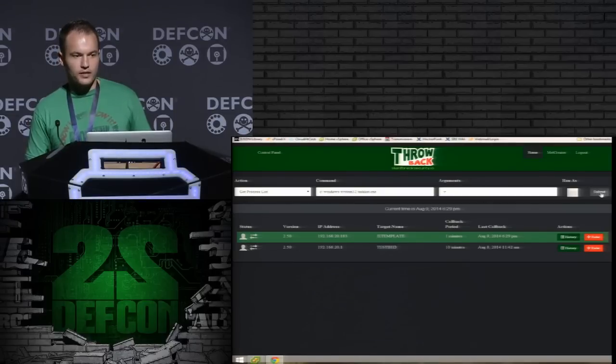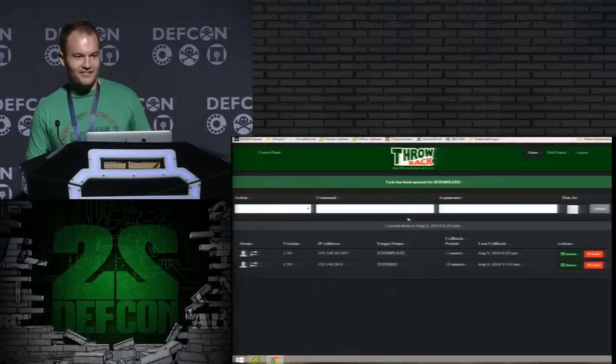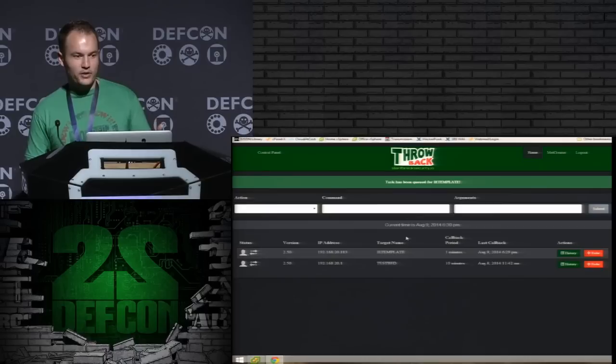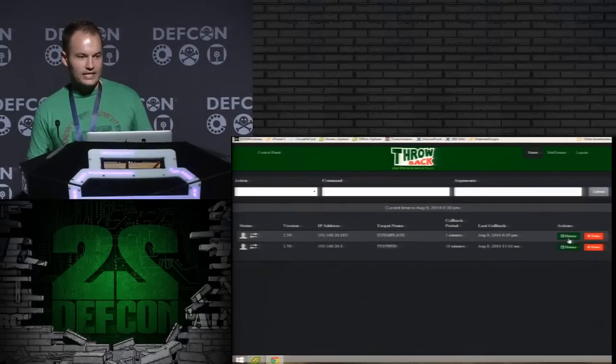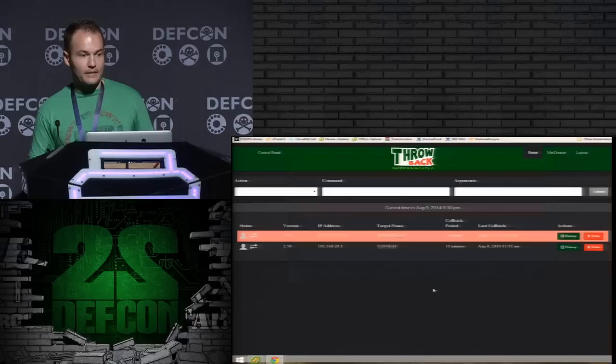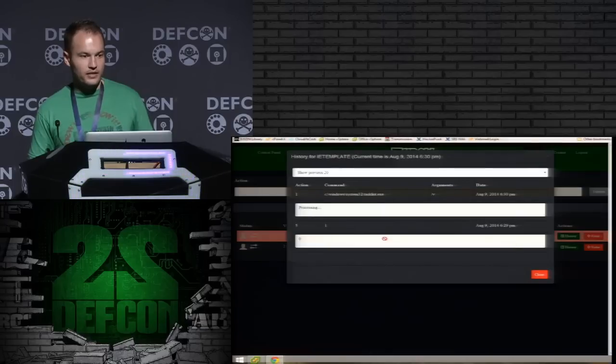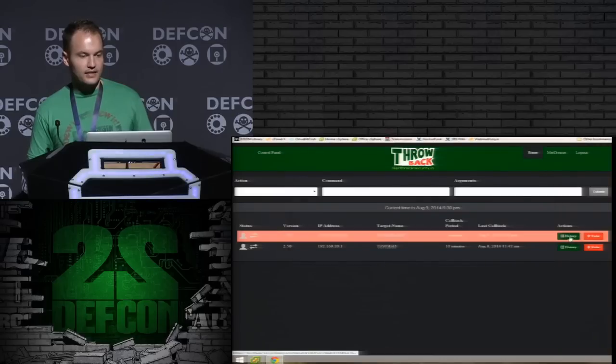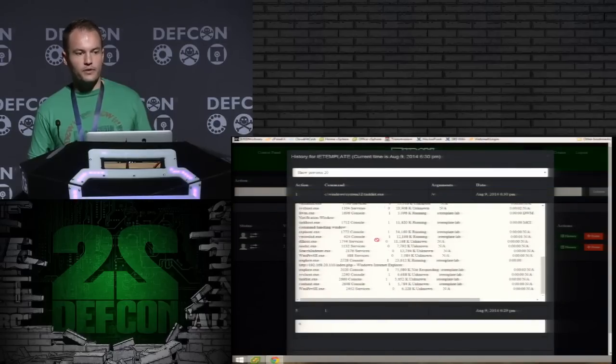I don't know what it is, but whatever it is, we'll run it. So you can see we just queued it up. There's now a task waiting for throwback to execute. When it turns pink like that, that means it actually is currently executing it. So we can come in here and you can see it's picked up the task, and then it should return the output from that task. Yep, it was a task list.